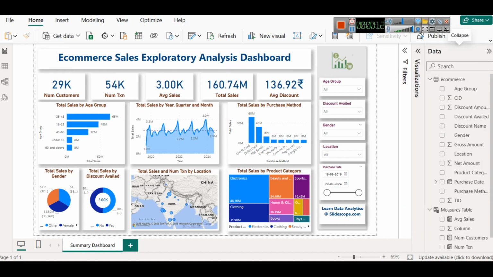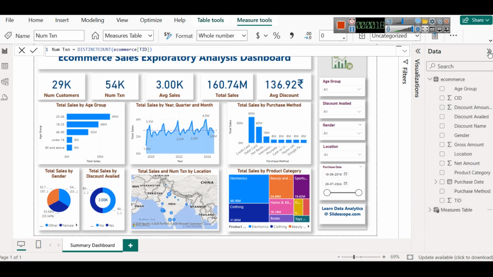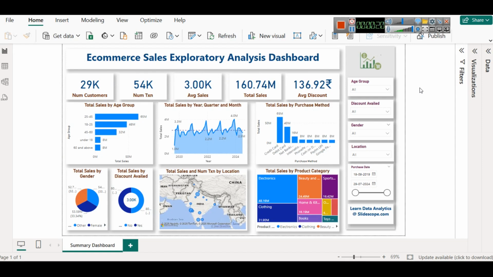In this part, we are doing e-commerce sales exploratory data analysis. You will learn how to create very simple measures like this and how to use these measures in visuals. You will also see usage of Q&A visual to create the graphs automatically, total sales by age group,